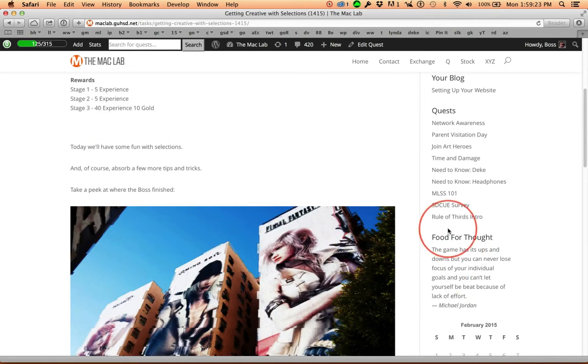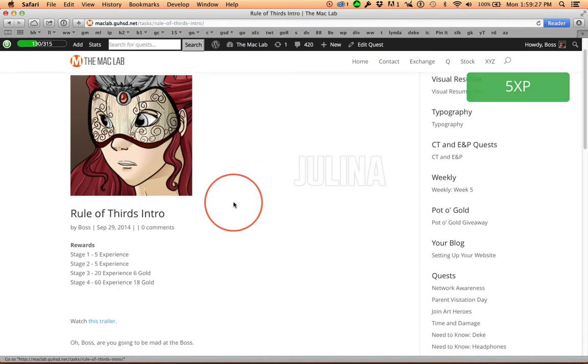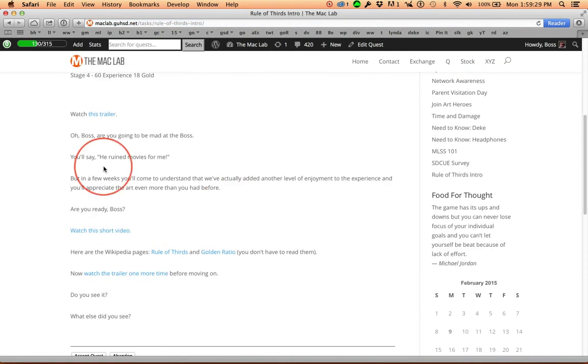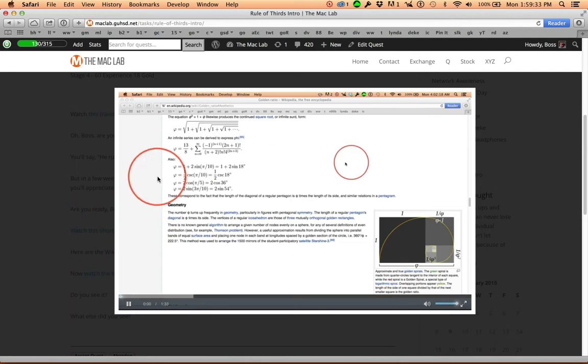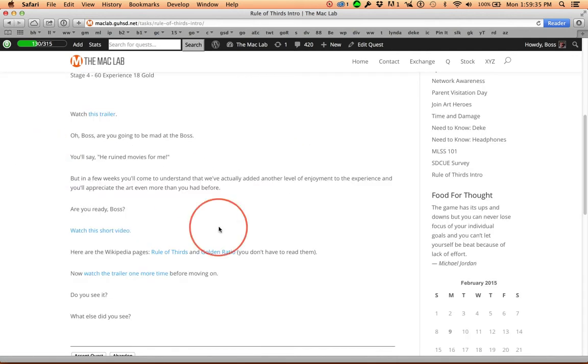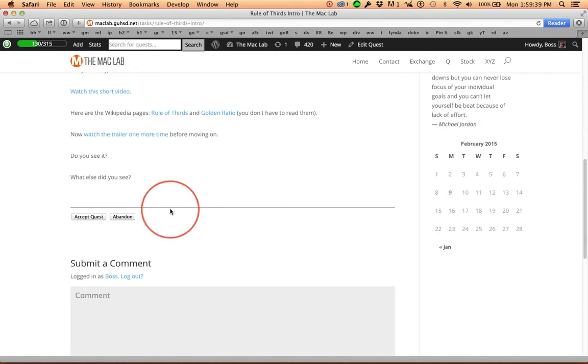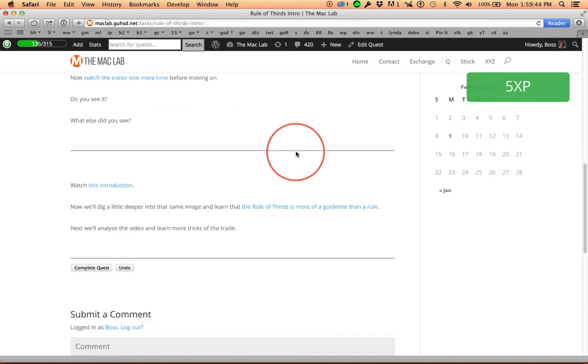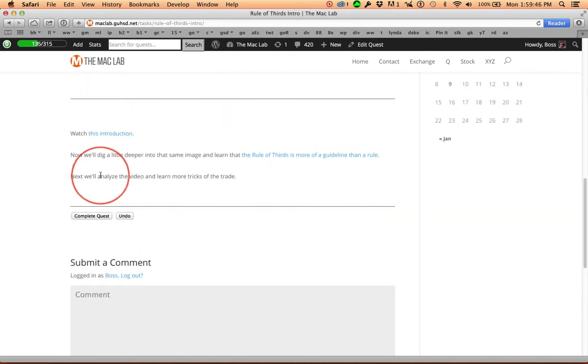And I'll just show you one more example here. We've already seen linking to external videos, but you can also add videos that play right in a Lightbox. And I'll show you how to do that. It's very simple and straightforward, doesn't require any additional software. But here, when we complete the quest,